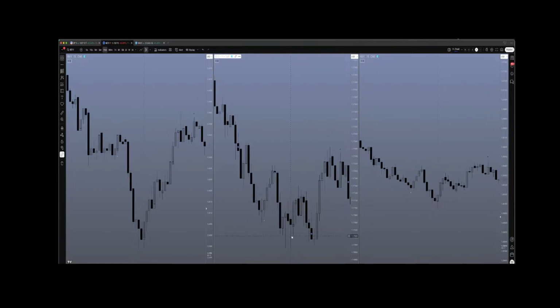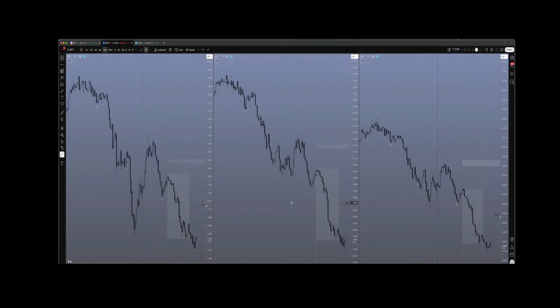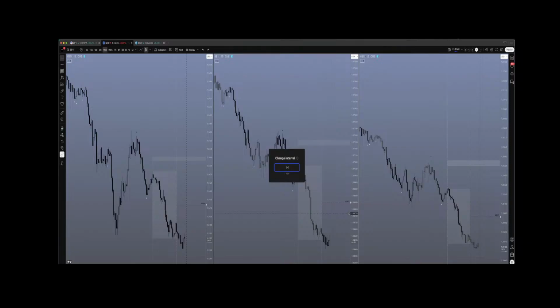But to be honest, it would probably have been a break even anyway, because if you can see here, I probably would have moved stops to break even and price trailed down again, and I would have got stopped out. So I can't congratulate my bad performance just because the trade didn't work out. That's not how traders roll. But